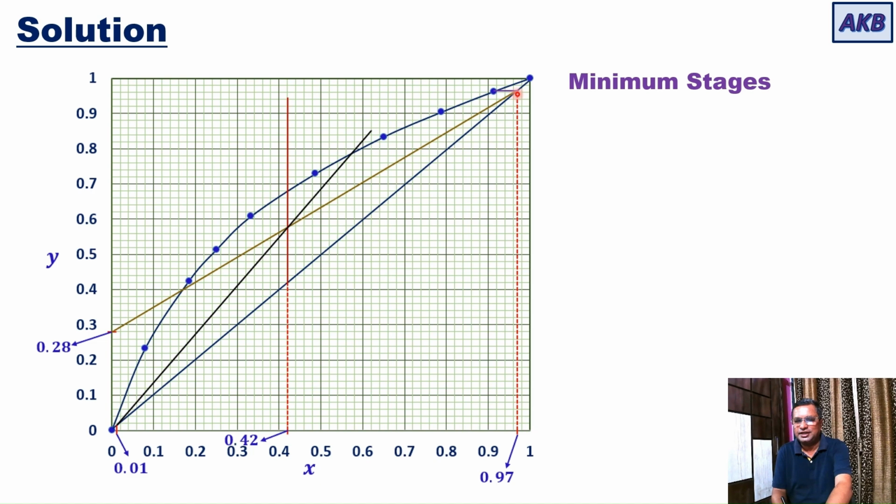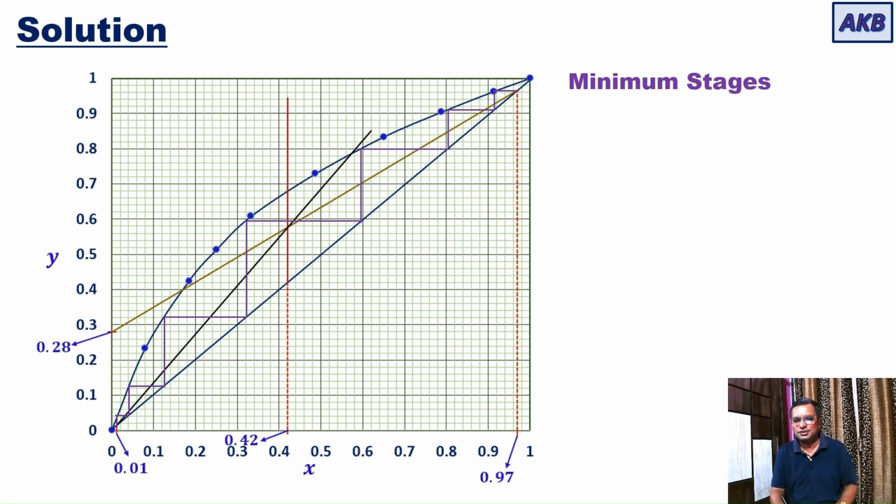So you start at this point, xd, go to the equilibrium curve, come down to the diagonal line, and repeat: go to the equilibrium curve, come down to the diagonal line, and finally you come down to the diagonal line, because you are crossing this point 0.01 xw. Okay, so in this way you can draw